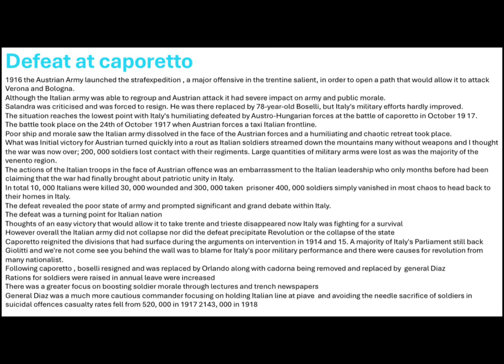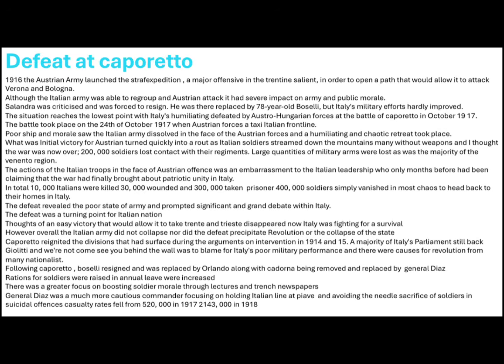So Caporetto reignited the division that had surfaced during the arguments on intervention in 1914 and 15, and a majority of Italy's parliament still backed Giolitti. Many came to see the government as to blame for Italy's poor military performance, and there was a call for revolution from many nationalists. Following Caporetto, Boselli resigned and was replaced by Orlando, along with Cadorna, who was removed and replaced by